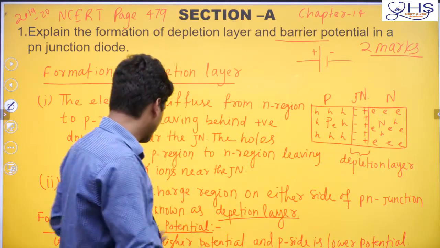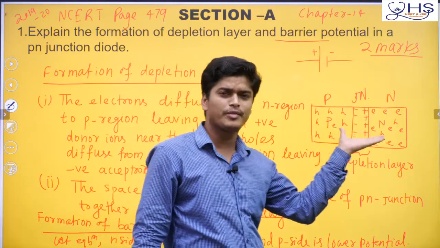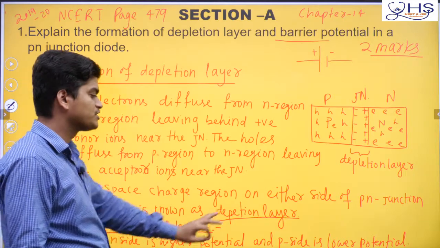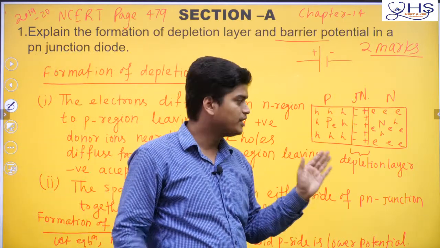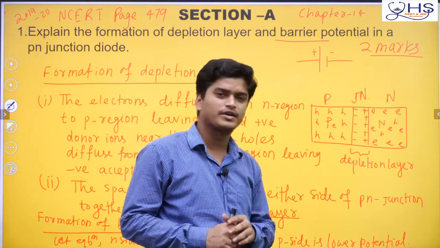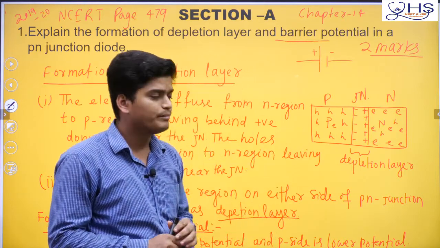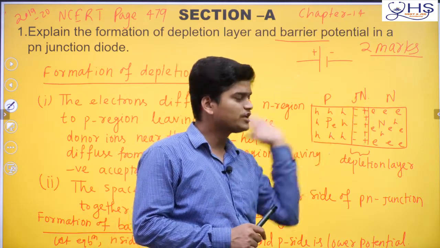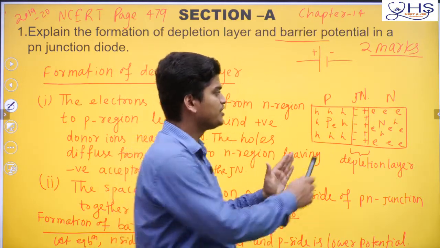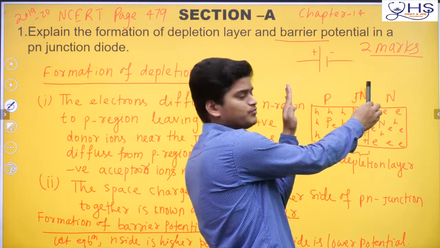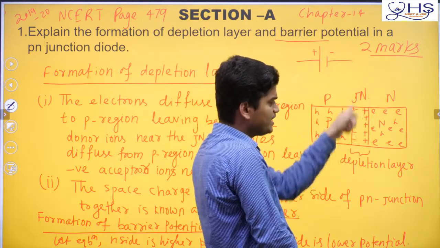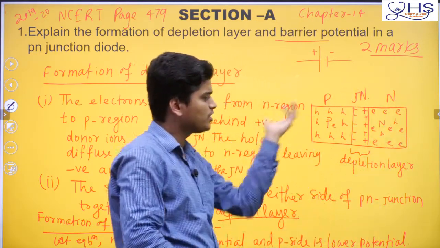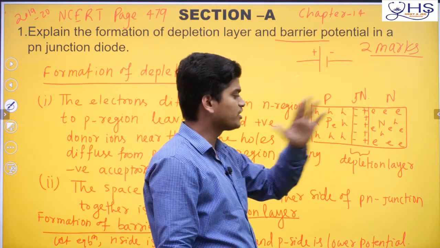So at the junction when it is equilibrium condition, or you can tell basically it is unbiased junction. Okay, not biased. So that time what you can tell, the N side is higher potential and P side is lower potential, and due to this potential difference one barrier potential is coming, or a potential difference is coming, which prevents further diffusion of electrons and holes. That means if here it is positive side, then a hole is positive, so repulsion will happen. And if this side is negative, electrons are negative, then repulsion will happen. That means further diffusion will not happen, or basically this potential will prevent.